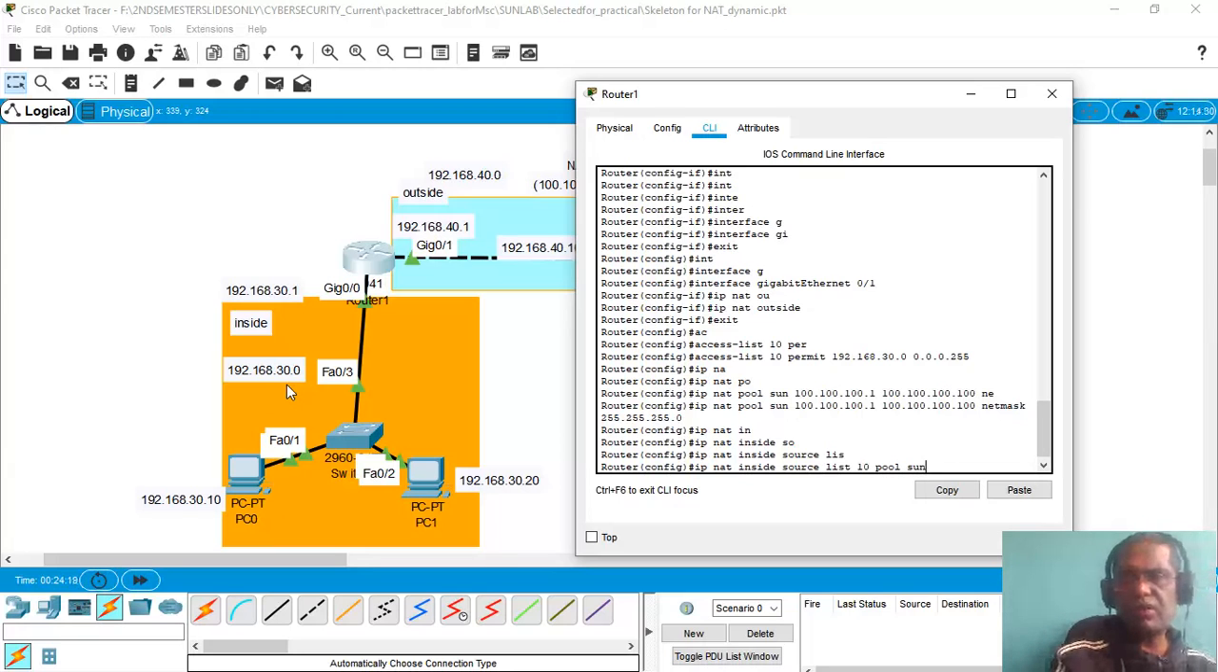sun. Okay, any machine from the source network, that is 192.168.30.0, can exploit the IP addresses that we have given in the pool sun, that is actually 100.100.100.1 to 100.100.100.100, that is 1 up to 100. Actually all the IP addresses can be used by the source network machines, that is all the machines in the network 192.168.30.0. Okay, so pool sun, we can say here there is an option overload, and with overload and without